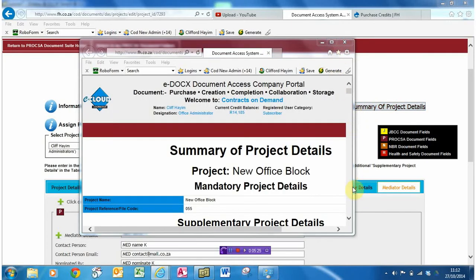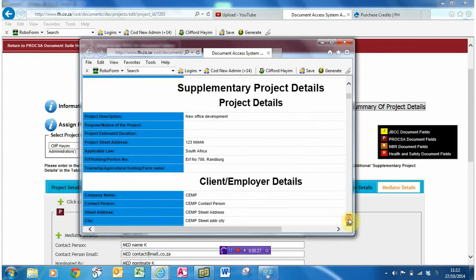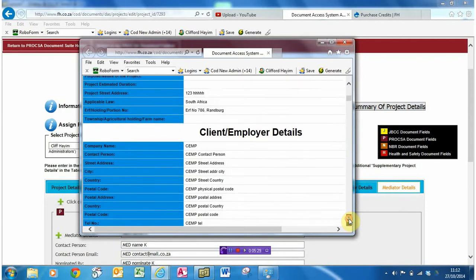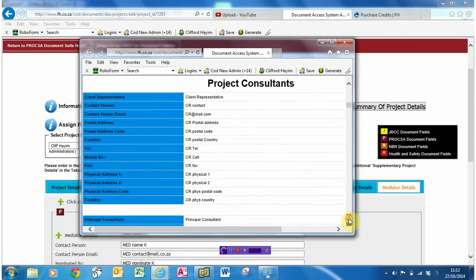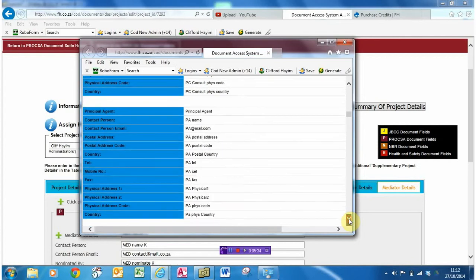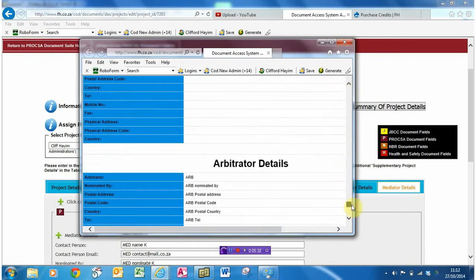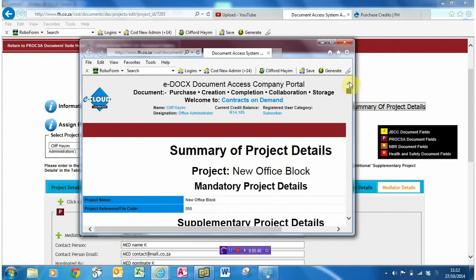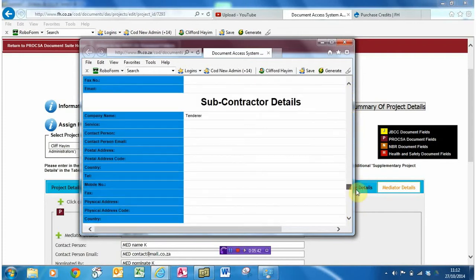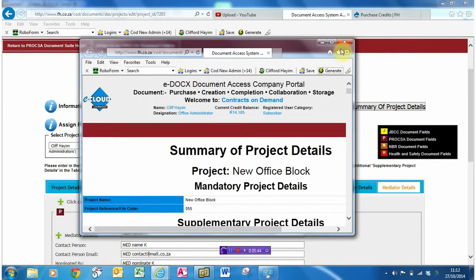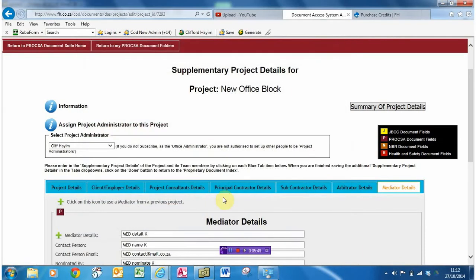For example, it has opened up a page. There are the project details, the client details, the project consultants, etc. And if you wish, you can print this as well. So you can print that document, and it's a useful cross-check just to make sure the details are correct. Close that once you are finished, and we are then ready to move to the next step in the document